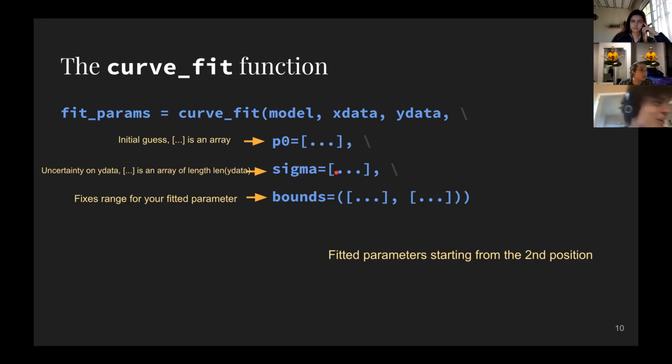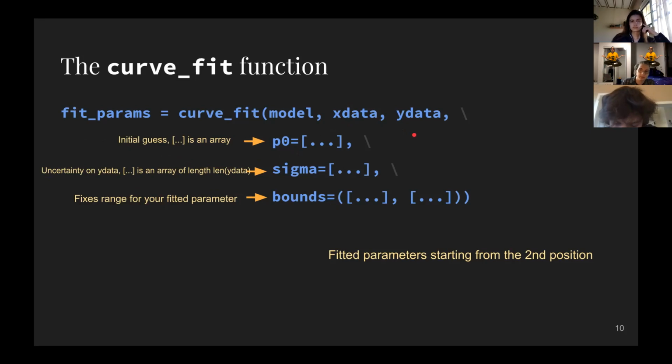Usually you have uncertainty in your data. Maybe that's systematic error from your measurements, maybe it's other sources of error that I don't really remember every single name of. But there are lots of different sources of error that contribute to error bars in your data. This is where you put that in, your Y error bar. You can also include X error data, but usually we just include the Y error data. And then you can set bounds, a fixed range for your fitted parameters. So you can specify that it has to be within this and this, and it can't be above this value.